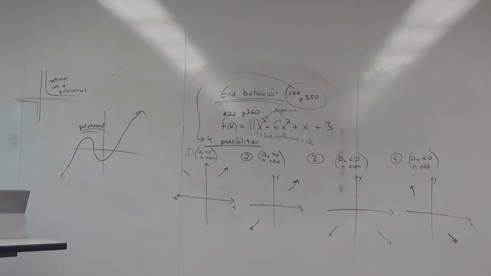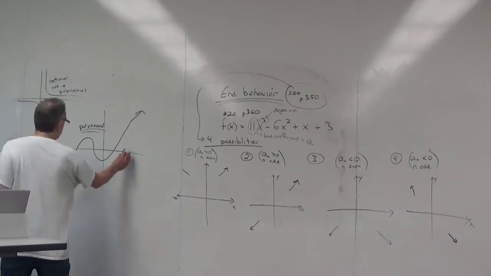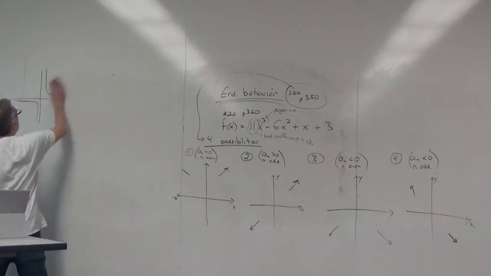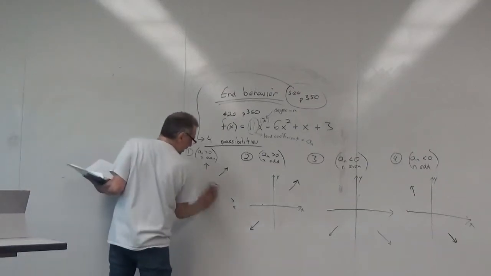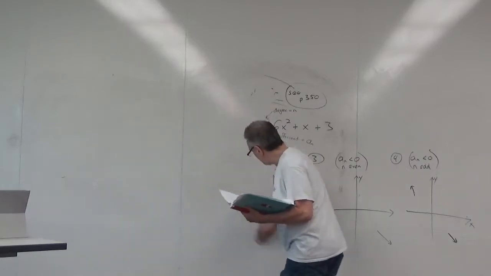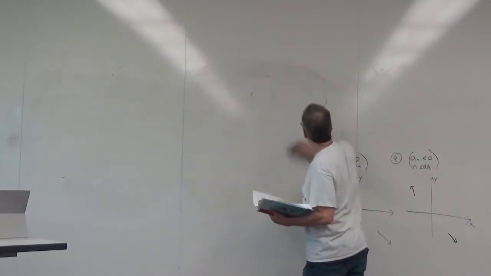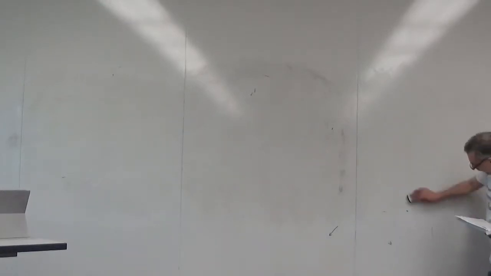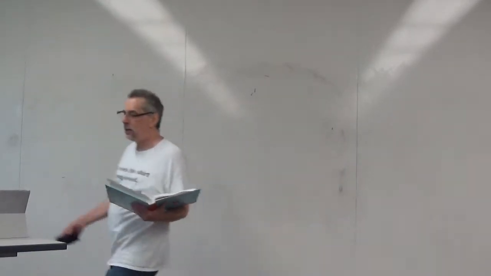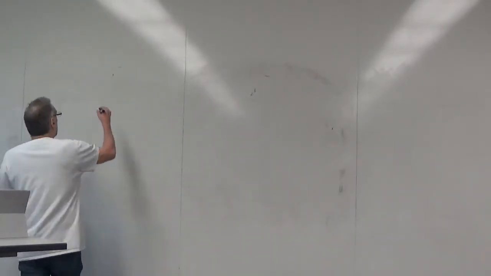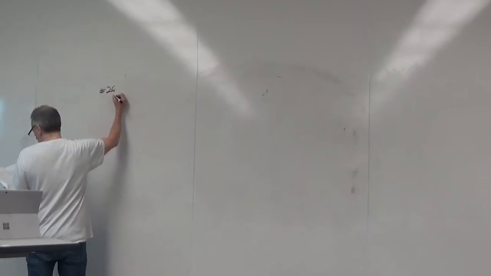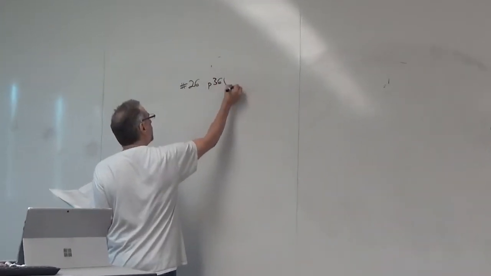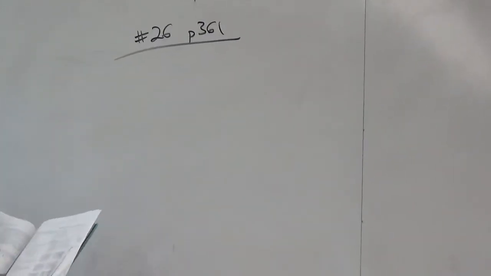So finding zeros was for quadratics. It wasn't that hard because we could generally use the zero factor property or the quadratic formula to find those values which gave us outputs of 0, which give us the x-intercepts. But now we're talking about higher degree polynomials, so we have to remember our factoring a little bit more. So let's look at number 26 on page 361. Okay, 26. So we're given